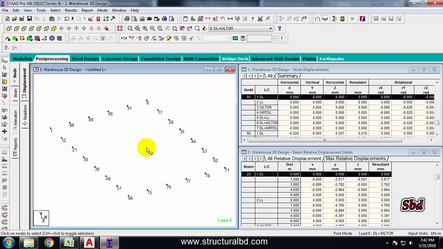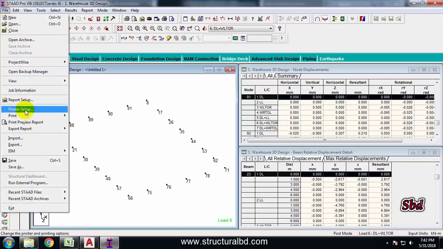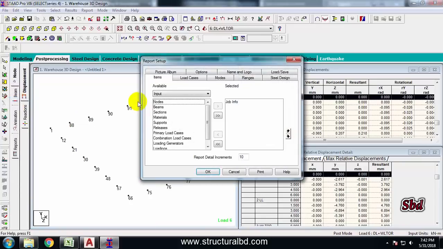When in this way, click here this icon which is take a picture 1, okay, go to file, from here report setup, and the available one here is job information. If you want to print the job information, you can keep that here, otherwise you can just move it from this right box to this left box. From here select picture 1, click this right arrow to move from left to right, then from here change output,